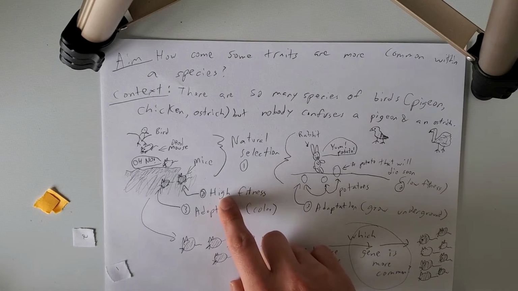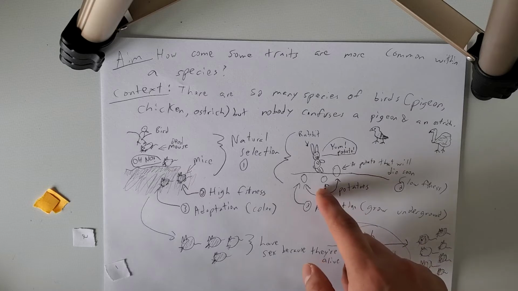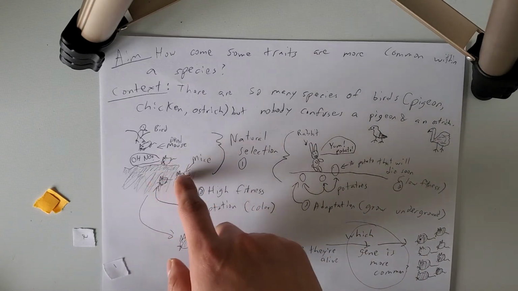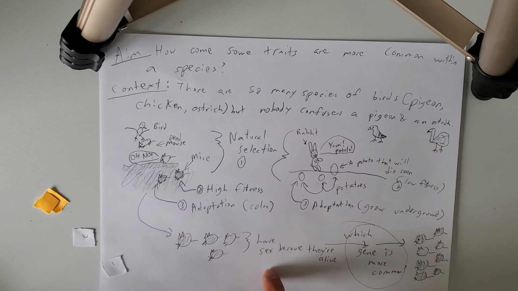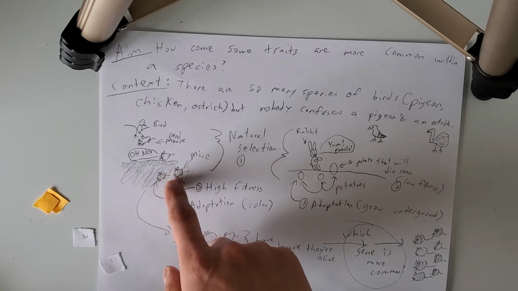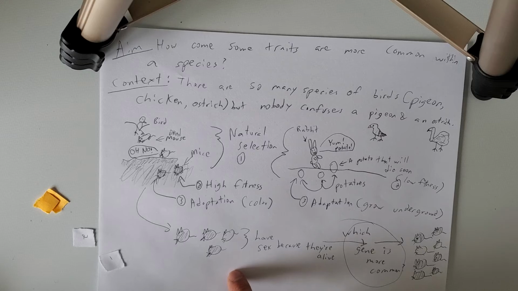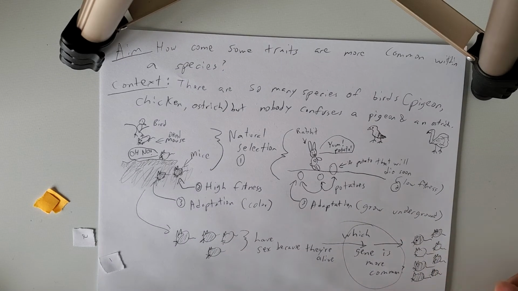So the next word we're going to go over is fitness. If you don't get killed and you survive, you're able to continue to reproduce. So these mice that survived, all 3 of them, right, they can go have sex, right, because they're alive. And when they have sex, what gene is going to be more common? Well, there was a gene that led these mice to become dark in the first place. And so if there's more dark mice that are surviving, then these dark mice are going to have more babies that are also dark because of the genes that they pass on.